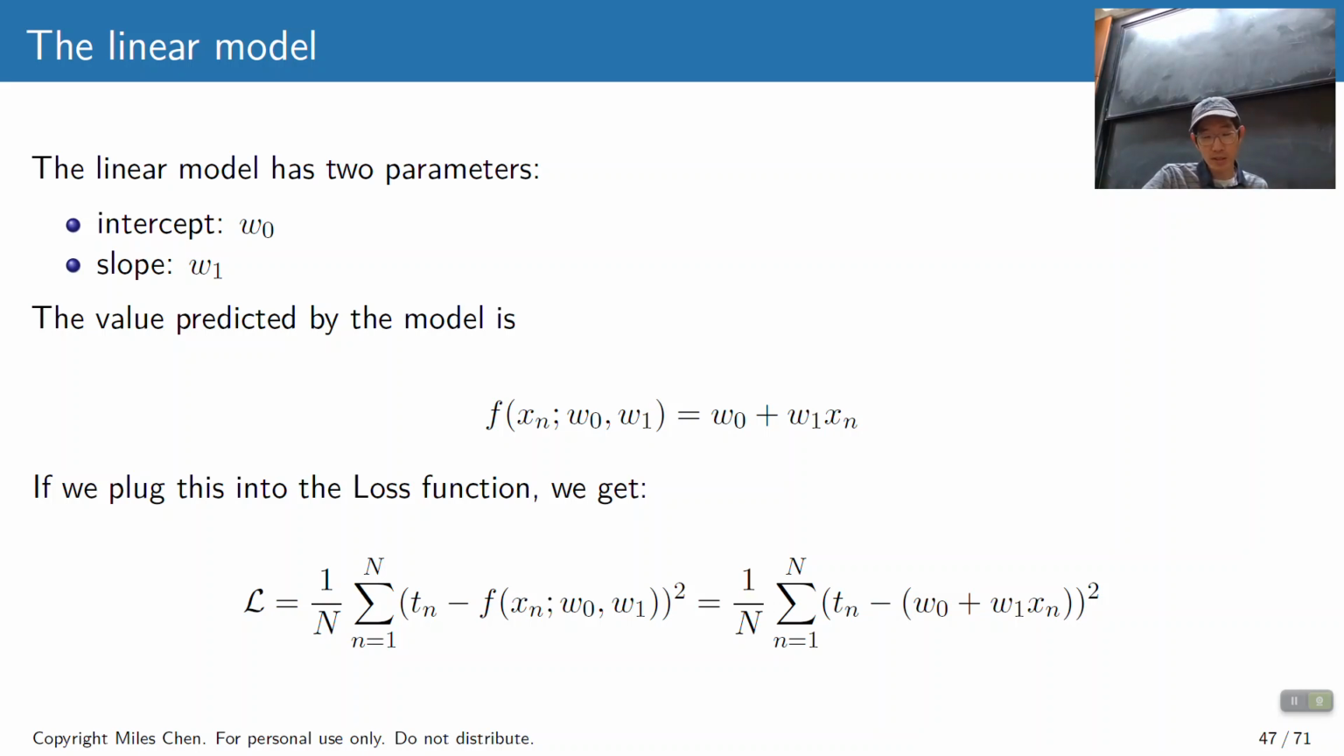Linear models have two parameters, an intercept and a slope. The intercept is our w0 term, and the slope is w1. So when we write the function of xn with w0, w1, it is just w0 plus w1 xn. If I plug that in, our loss function, mean squared error, is the difference between our target and what we predict, w0 plus w1 xn. We take that difference and we square it. And so how do we